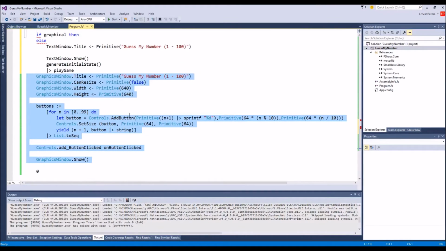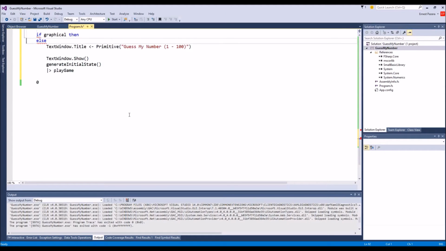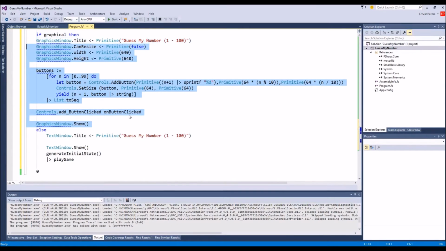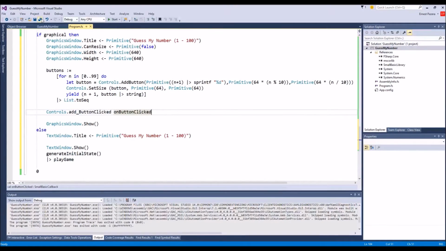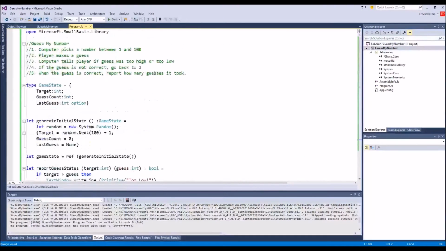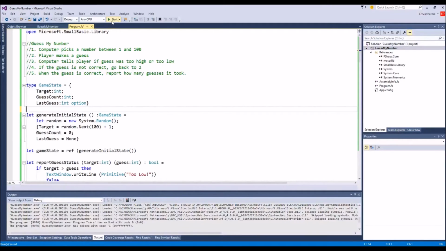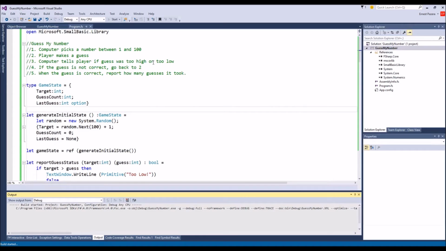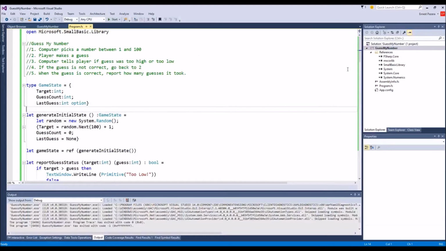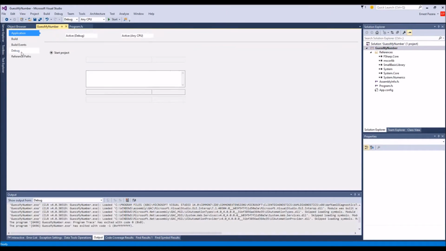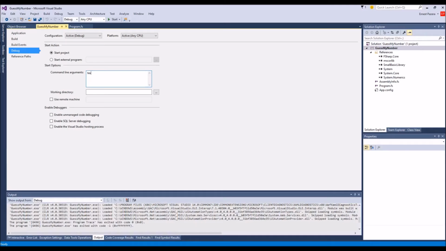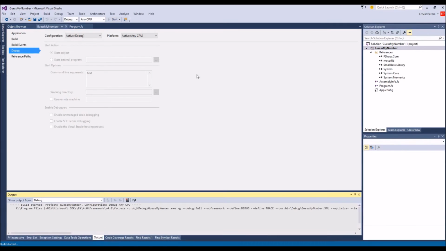We'll do this. Oops. And now we can play either way. Oh, that's fun. So I just start it. There's no arguments. We go graphical. If I set it up where in my debug I type text and I run,